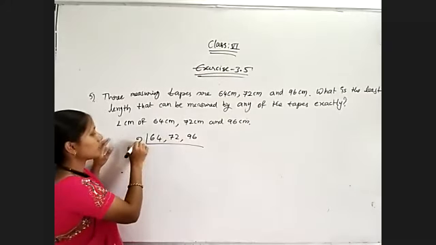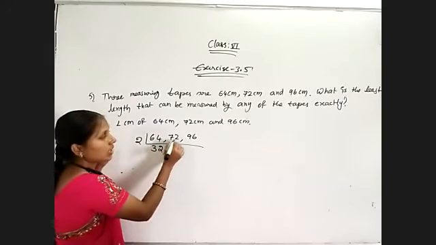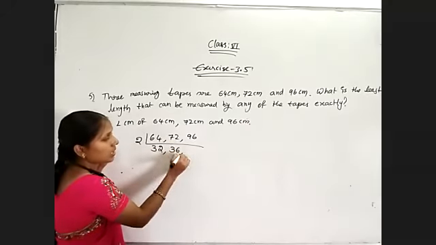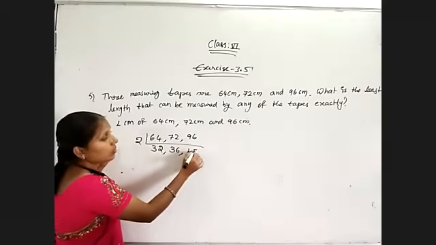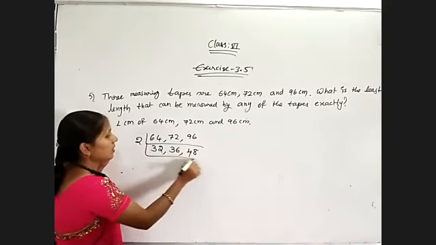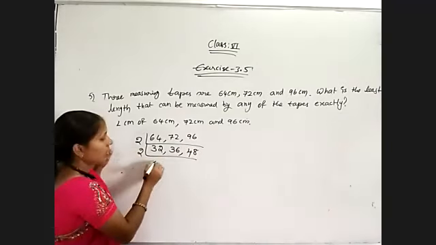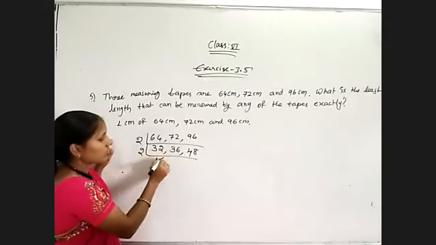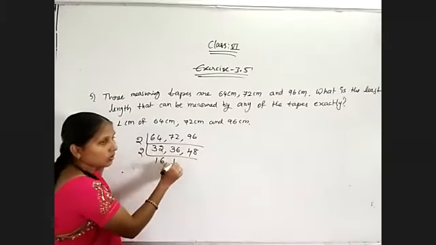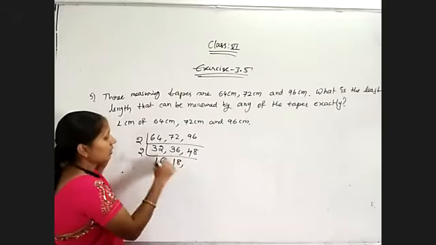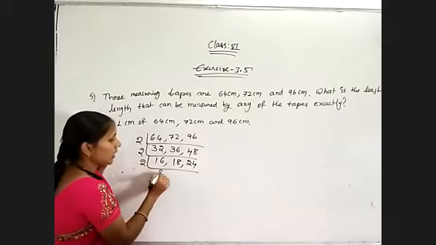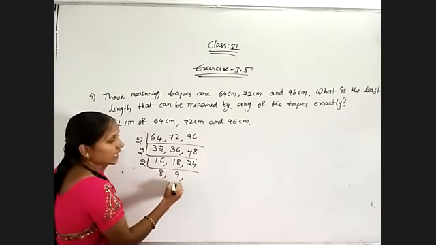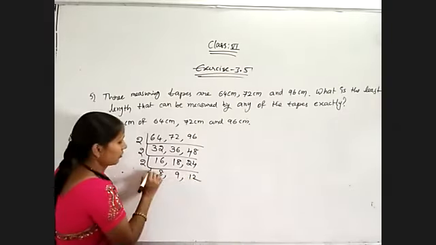2 3s are 6, 2 2s are 4, 2 3s are 6, and here I'll get 12, so 2 6s are 12, 2 4s are 8, 16 I have, 2 8s are 16. Again all numbers will come in the 2 table. 2 6s are 12. Okay, 2 1s are 2, 16, 2 8s are 16, 2 2s are 4, 2 4s are 8, and again the 2 table. 2 8s are 16, 2 9s are 18, 2 12s are 24.